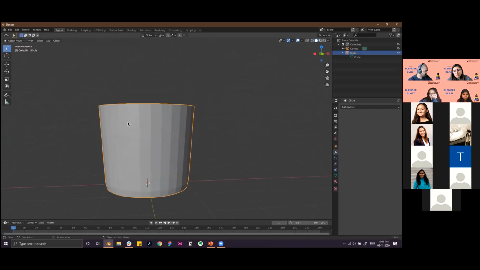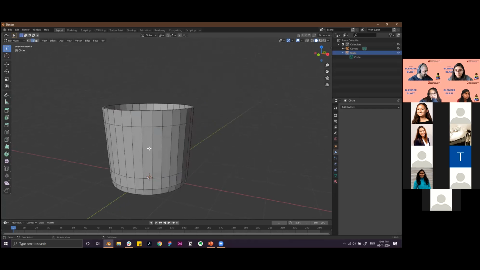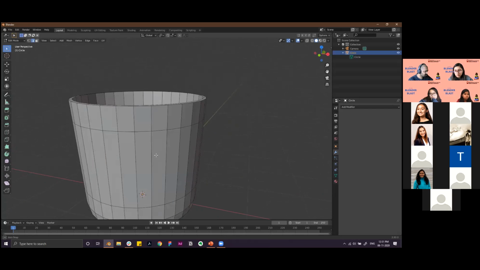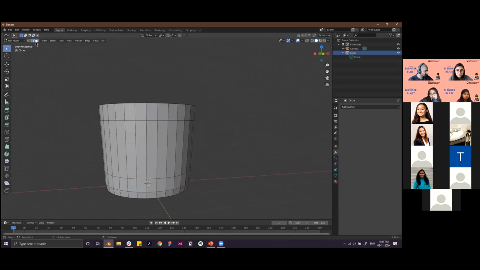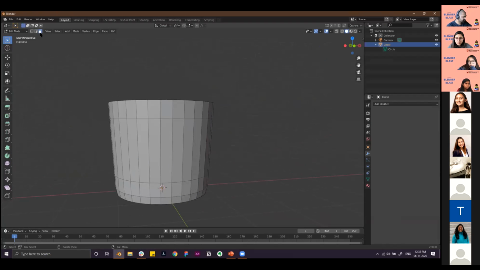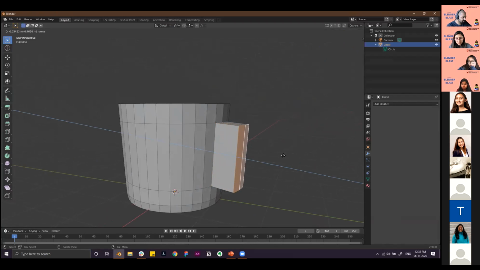Okay, so going back to the edit mode, we'll click tab from the object mode and we'll enter the edit mode. You can see this by having all those lines, the vertices and loops in place. Once you have that in the edit mode, you go to face select again. Once you're in the face select, you can select any two faces and then press E to extrude them. So this would be the basic shape of the handle of the mug. So I'll press E and I'll extrude them.